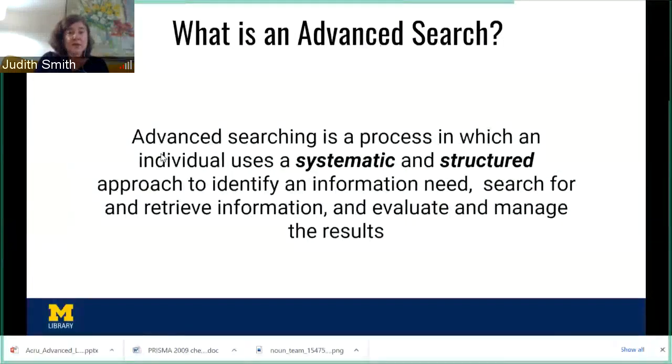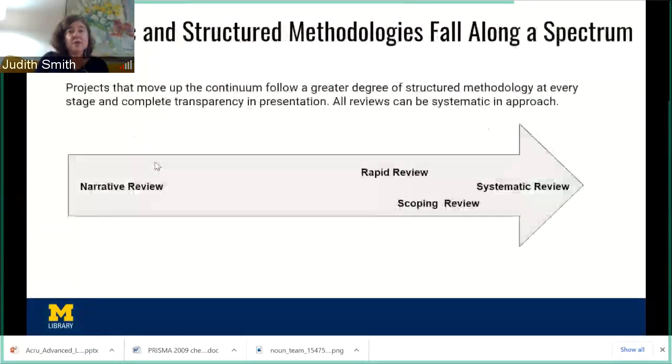So the first would be working with a team. When you are performing a formal systematic review, you've chosen that methodology because you want to be as systematic as possible. You need to have a team because everything about being systematic is to reduce bias in the process. So establishing a team with different types of expertise is important. Often people will come to me and say, I'm working on a systematic review.